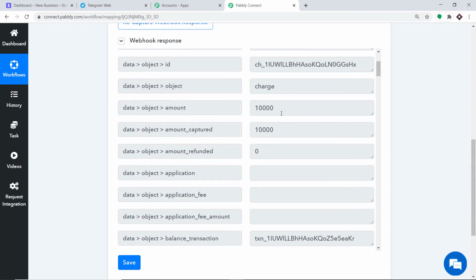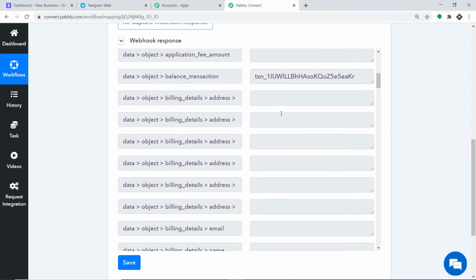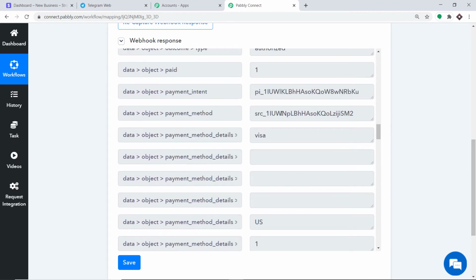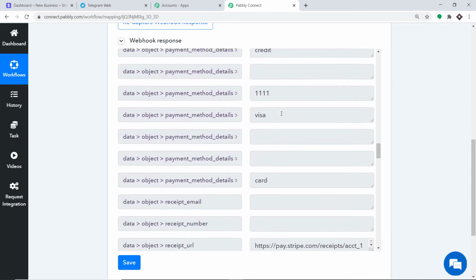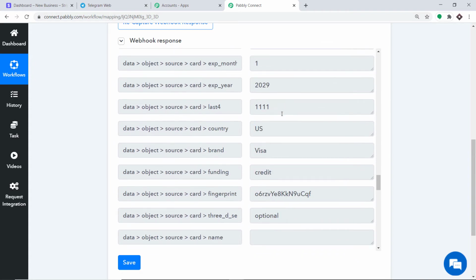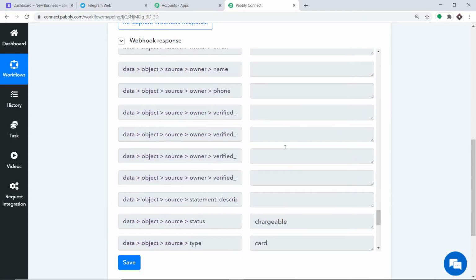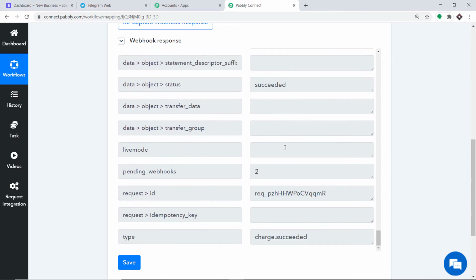But there is something else you should know. So let me just scroll down. Okay, let me just scroll down. So as you can see, there is no data regarding the customer. So where is our customer related data? So let us scroll down. Nope, there is no data regarding the customer.